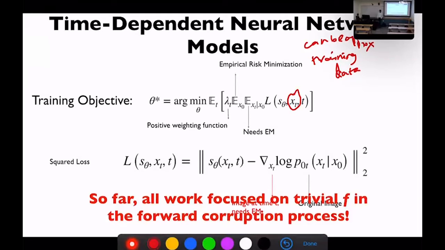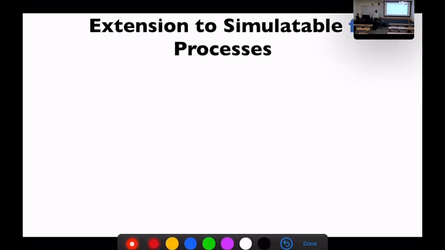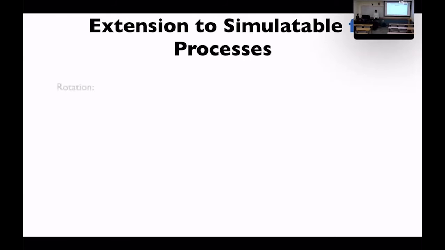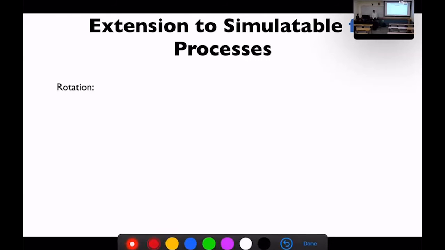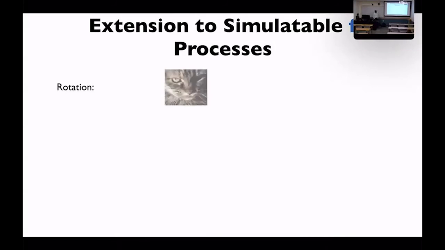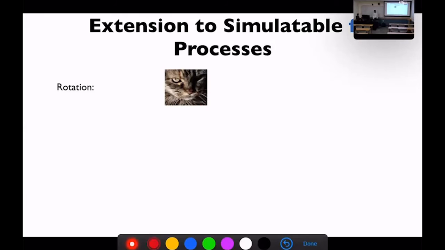So where we started is, in many of the works that we saw until we started working on this, they only talked about F to be very trivial. What it means is that F has a closed form solution, so they don't need to use complex data processing techniques or data augmentation techniques. Here, we extended to what we call simulatable F processes. So, for example, showing a practical example,